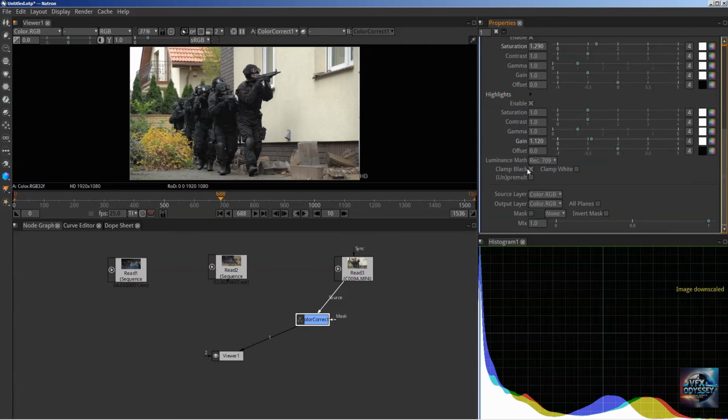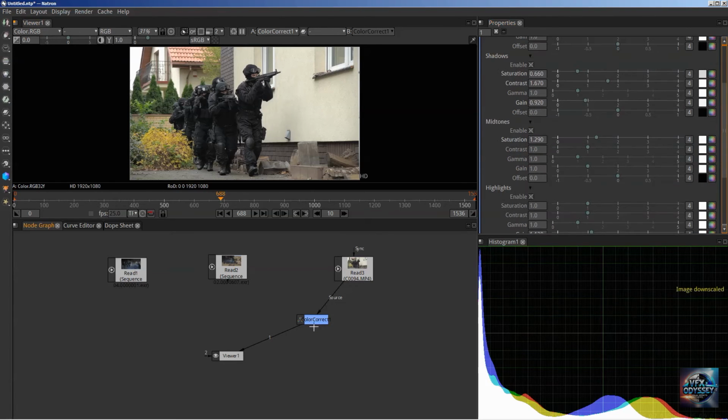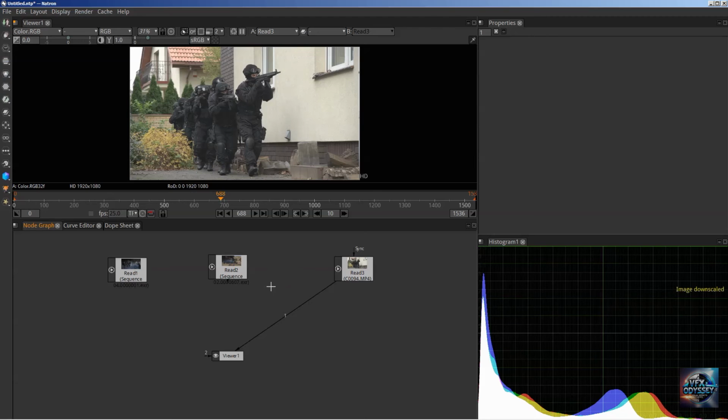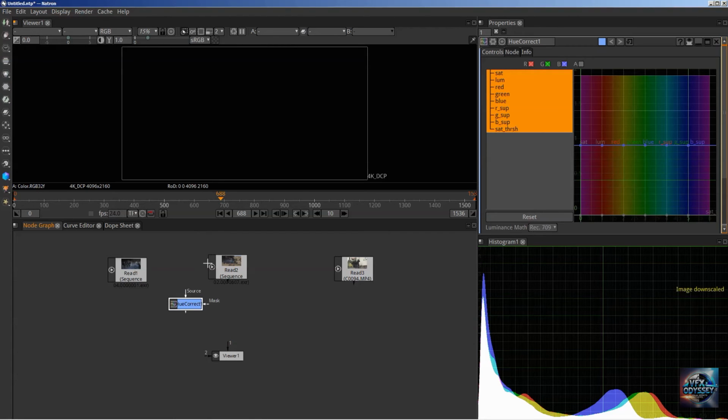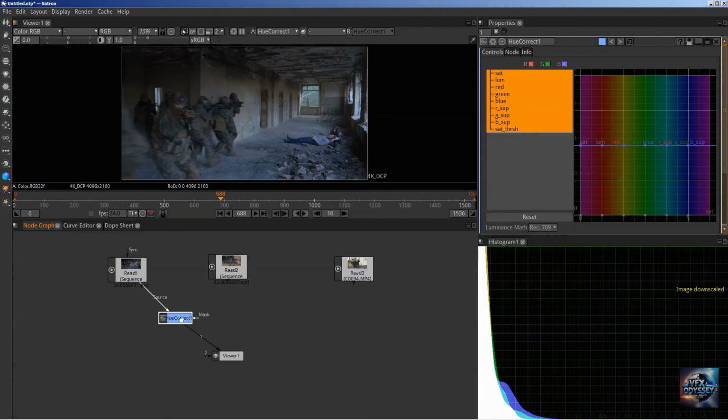Okay, now we're done with this node. We're going to move to another one. Let's move to the next node, and that is HueCorrect. Let's just bring it in with the Tab key. HueCorrect. Now this one is quite handy, very useful for many cases, but specifically, we're going to take